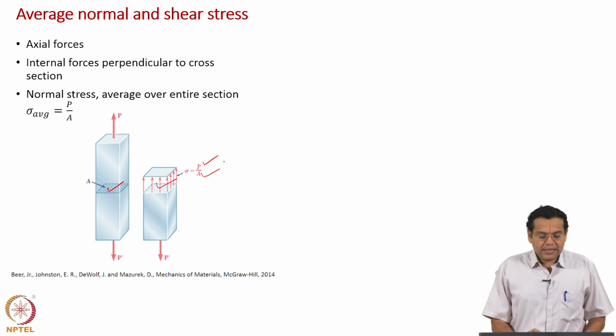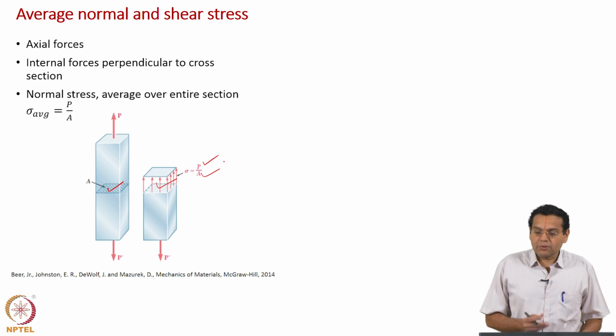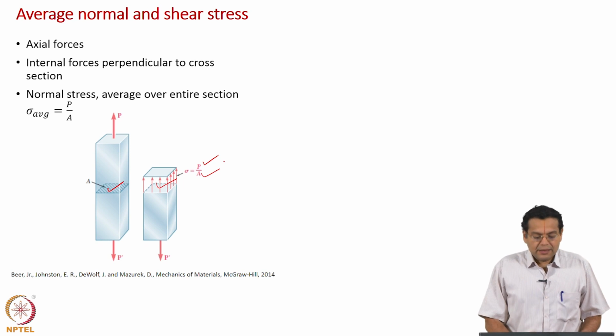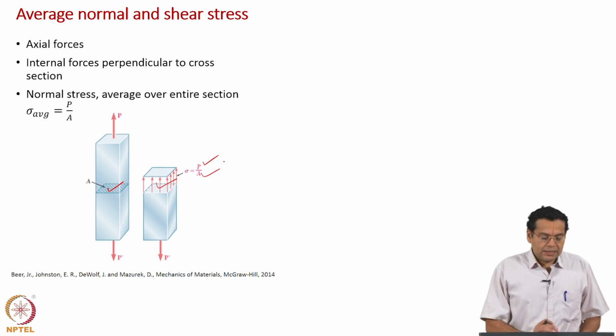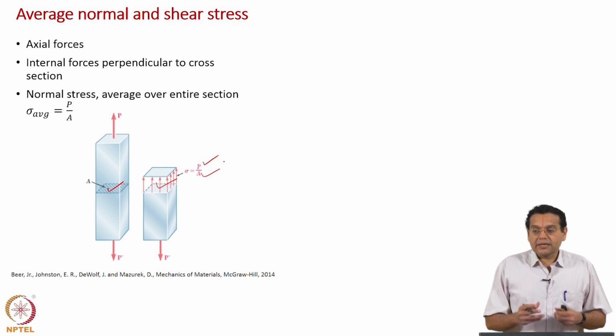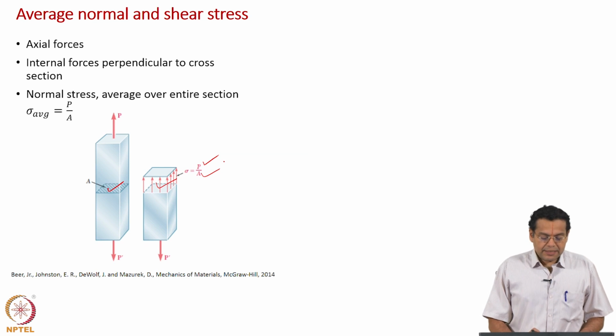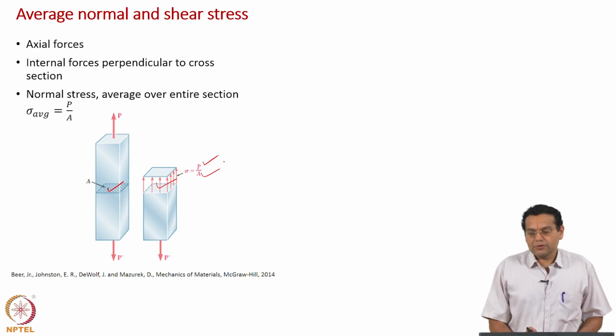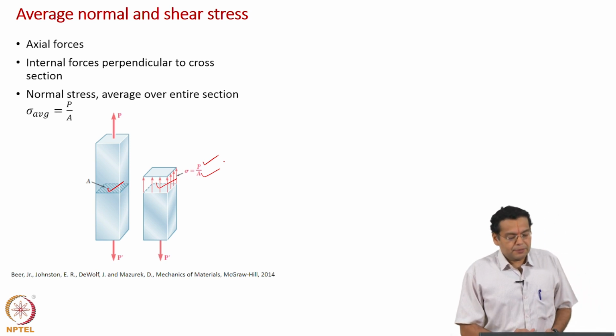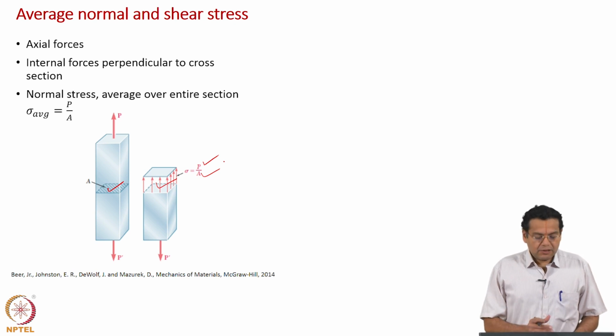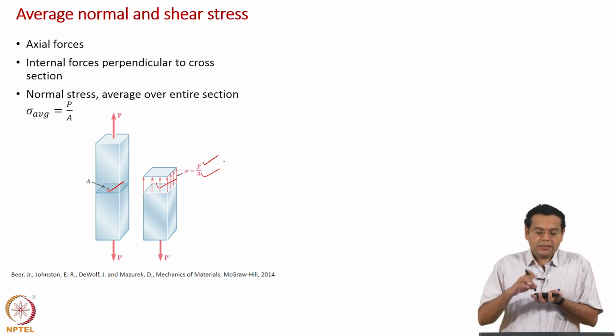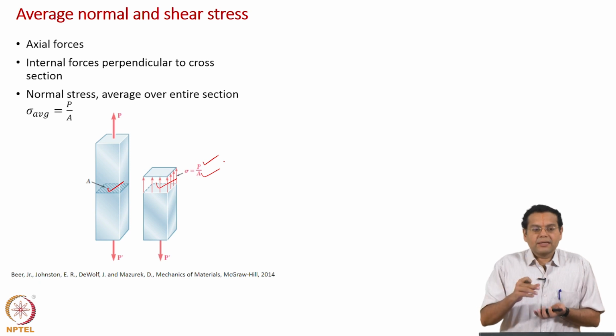Okay. And these are just average values over the entire section. Okay. What we are interested in is more than this, we are interested in the variation of stress point by point, and of course with respect to angle as well, but this is a very introductory way of looking at normal stress by dividing the magnitude of the resultant force by the area. And because the forces are perpendicular to the cross section, it is called normal stress. Okay. You have a plane and the force is perpendicular to the cross section and hence called normal stress.